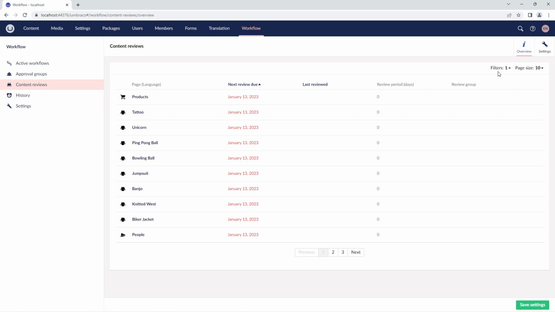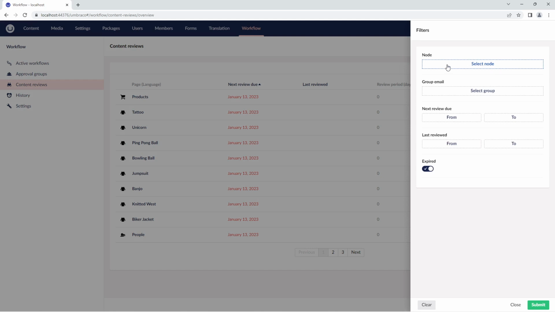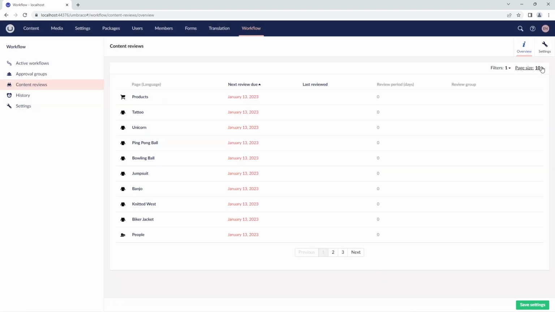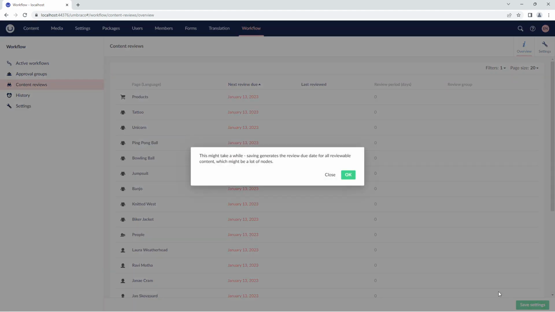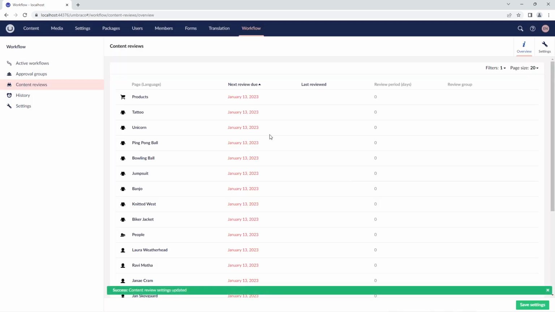You can also filter the dashboard records based on the node, group email, next review due date, last review date, and expired review status. Additionally, you can adjust the total number of records displayed on a page. You might have noticed that the home node is not displayed here. That's because we'd set the review period as 5 days.